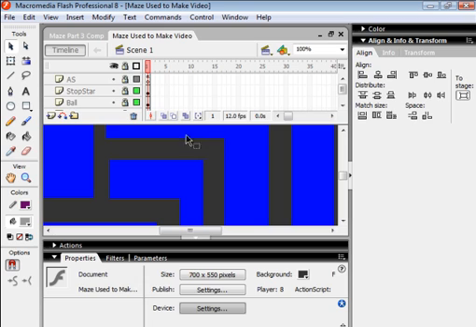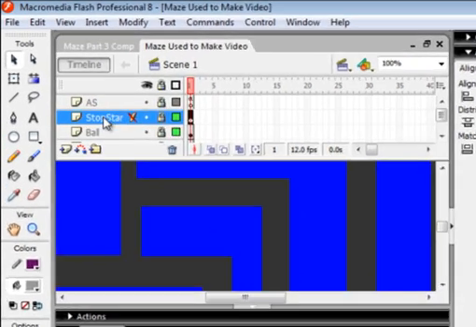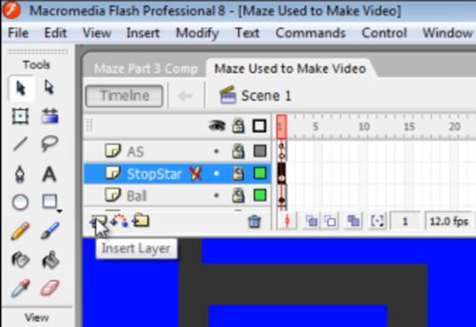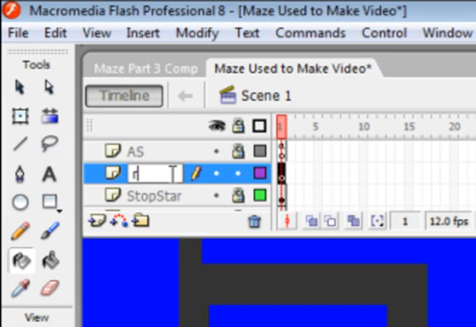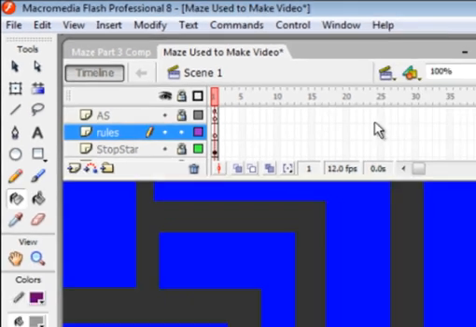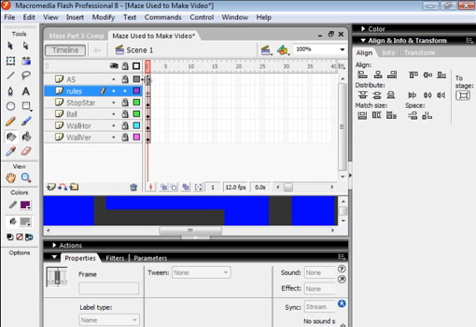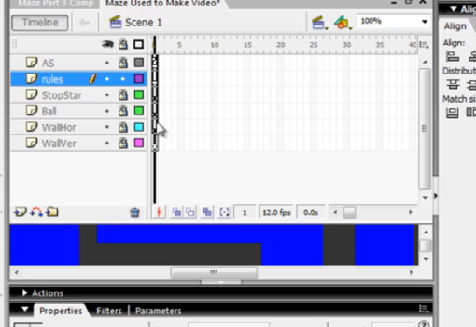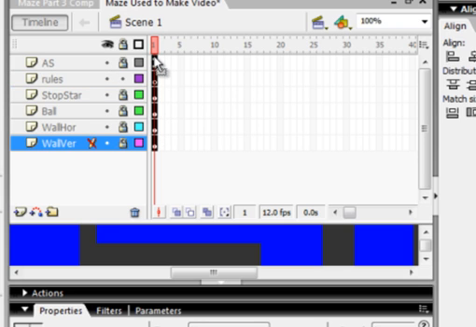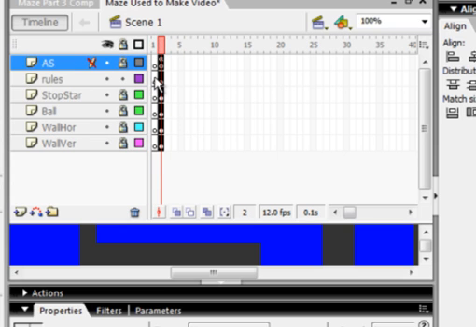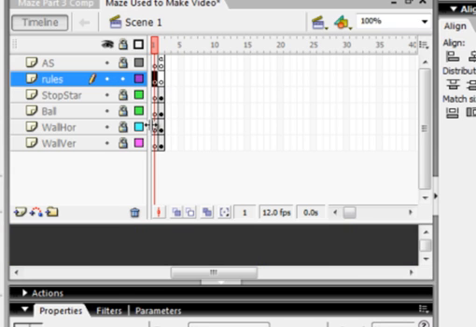and I want to select this Stop Start layer and insert a layer and call it Rules. R-U-L-E-S, Rules. I'm going to pull down the timeline so I can see all my layers. Click on this, drag it right down, select, they're all highlighted black, bring it into the second frame and go to frame, make sure all my layers are locked, unlock my rules layer, click on that frame, pull this up,